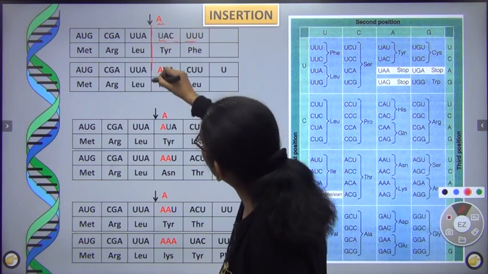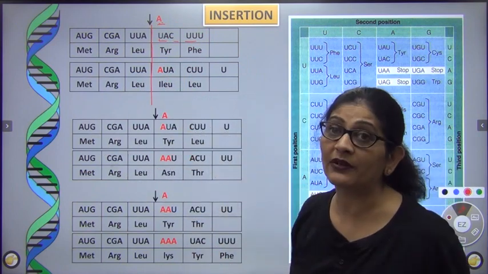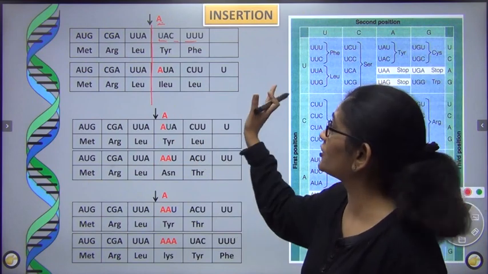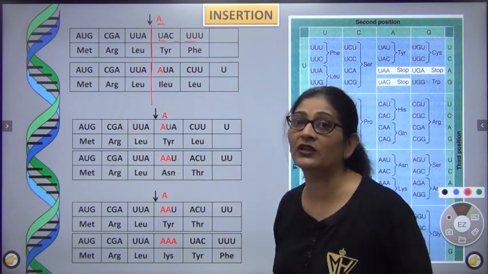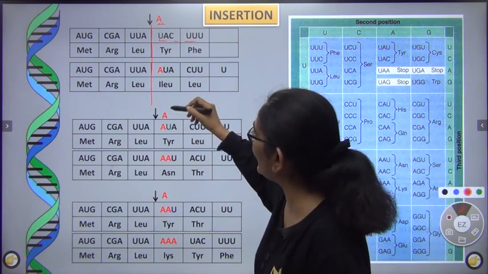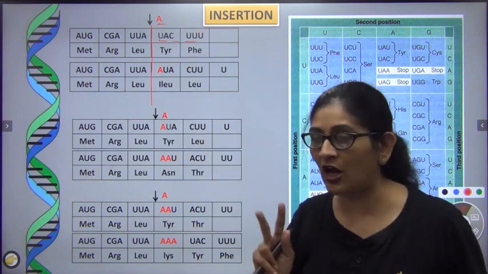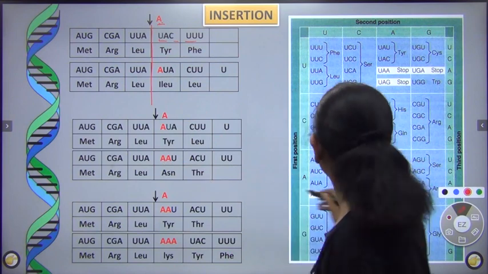जहाँ आपने insert किया है, उससे पहले वाले amino acid same हैं, लेकिन उसके आगे का frame क्या हो गया? It has shifted. Either it has shifted to the right because it is insertion, or in case of deletion, it will shift to the left. Now I added another nucleotide over here. First I added one A, now I am adding another A. So what will happen if I add another A? Now what will the change be like?